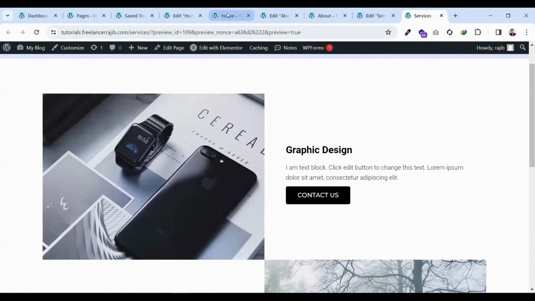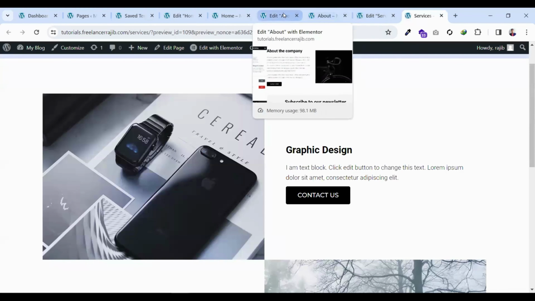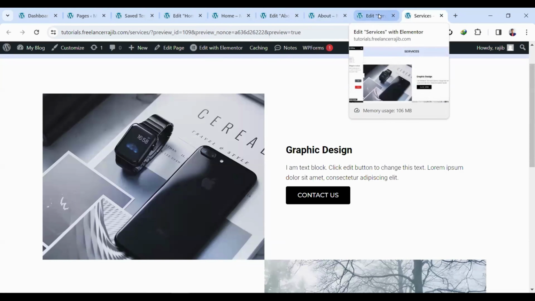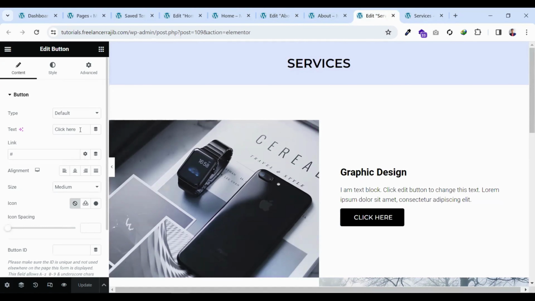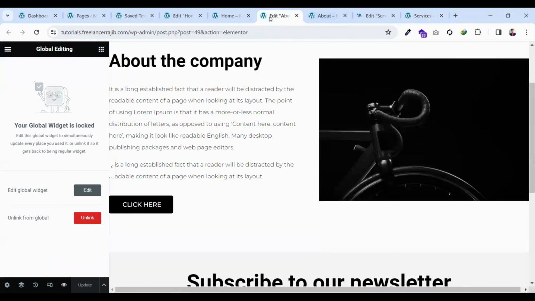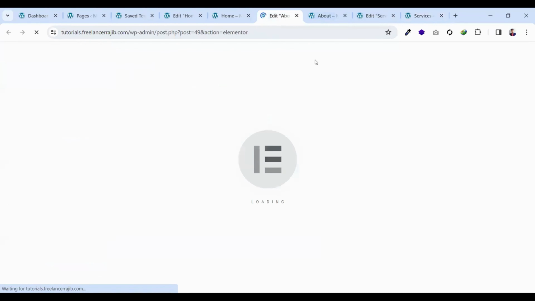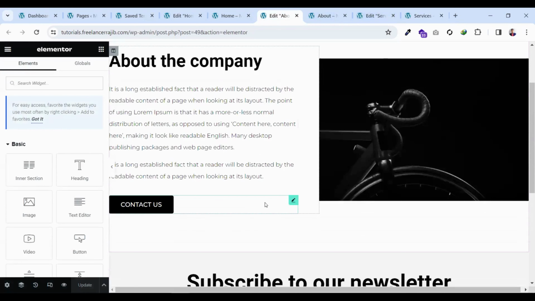So as I have created it from the home page, that's not a problem. I want to change from anywhere else, I mean from another page, like from the service page. So go there, click on edit panel, and you will see we have to reload it. Sorry, because as we have changed from the home page, you have to keep in mind that you have changed from the home page. Make sure you are reloading from the other page. As we had just opened these pages the first time, we have to reload it. Okay. So go to this button, and